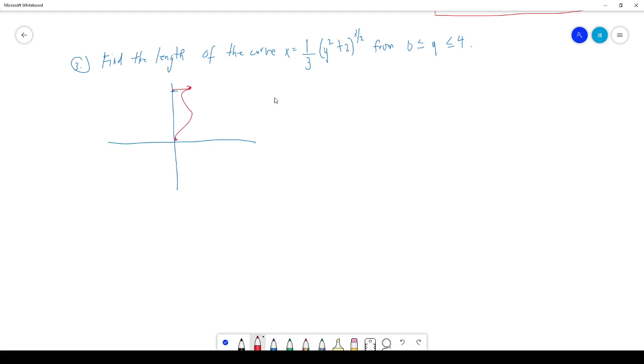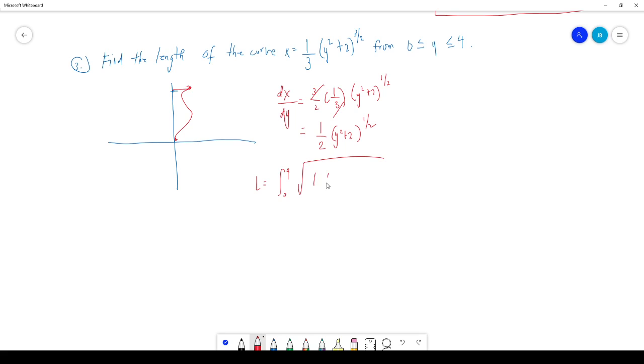So, let's differentiate x is equal to 1/3 y squared plus 2 raised to 3 halves. So, dx over dy is equal to 3 halves times 1/3 times y squared plus 2, then 3 halves minus 1, that's 1 half. Simplify, therefore that's 1 half y squared plus 2 to the 1 half. Okay, so L is equal to, that's from C to D, so that's 0 to 4,